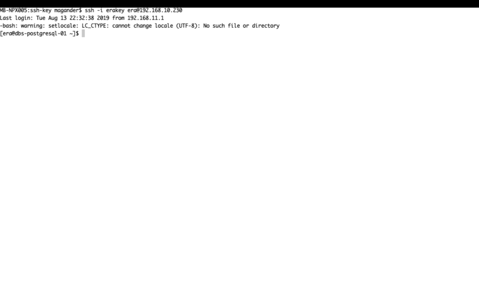The final verification step will be to access the database server using SSH and connect to the IP included in the notification email as well as in the Era UI. I'll use the private key corresponding to the public key provided during the provisioning. After successfully logging in, I'll switch to the Postgres user and access the databases using psql. I'll list the databases